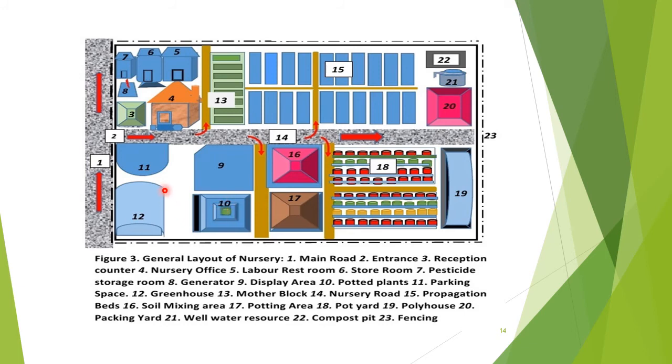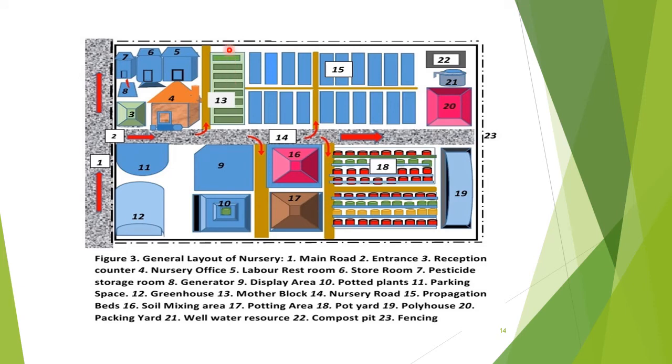And 11th is the parking area, and this is the greenhouse. So nearer to the entry, there is an establishment, office establishment, infrastructural establishment. On the left is the parking place as well as the display area. And then the 13th is an area that is very important, because it is the mother block where you plant the trees or the plants which will serve as the main mother plants for the propagation purposes.